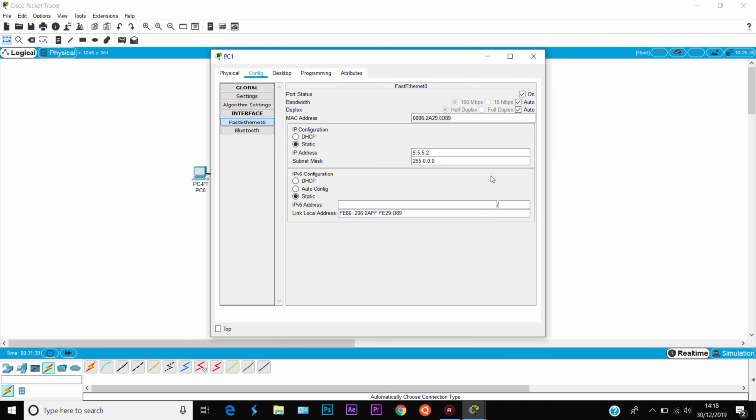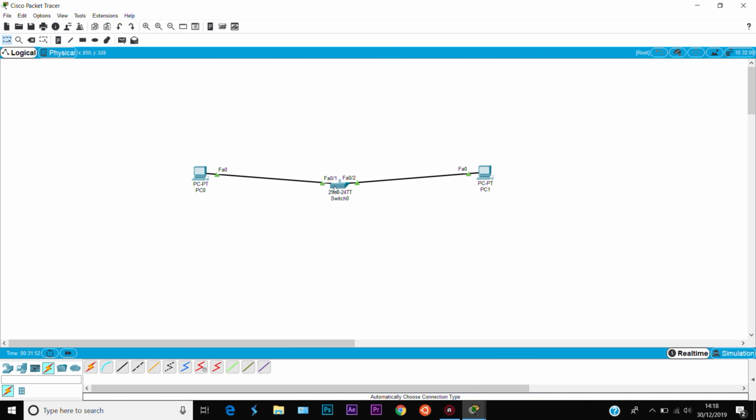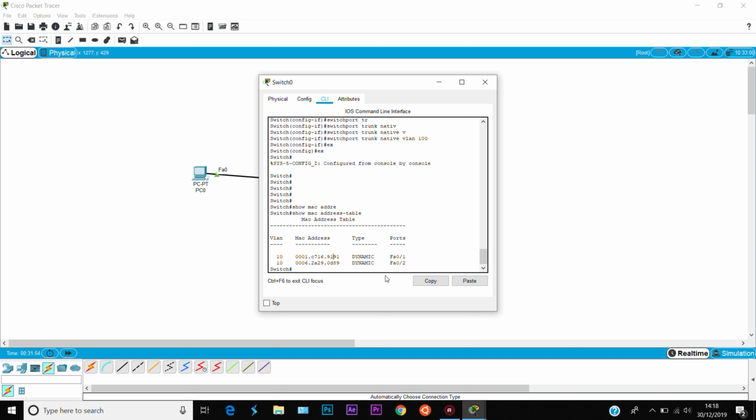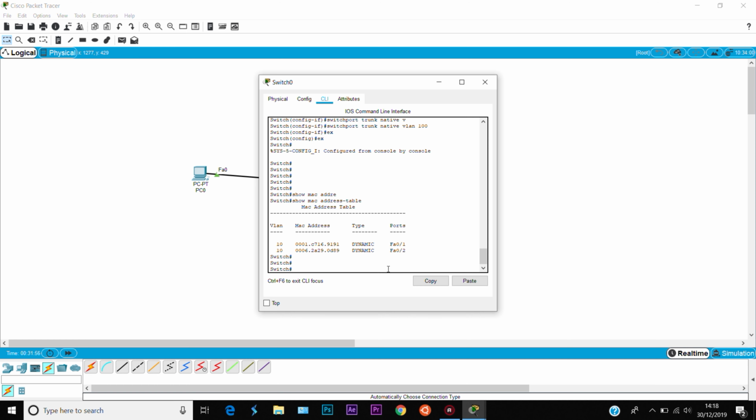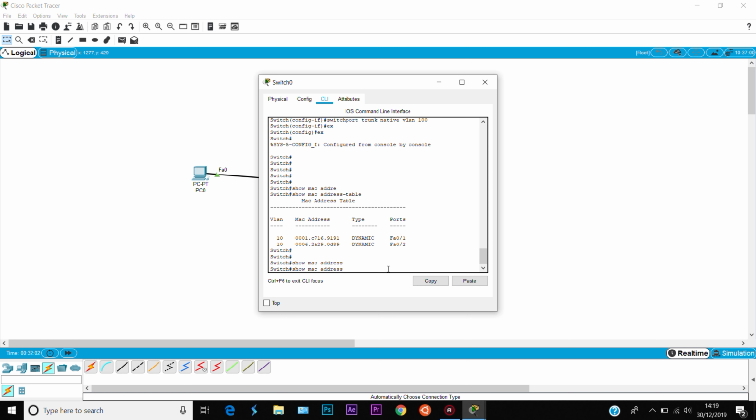Now, let me quickly change PC1's MAC address to, let's just say, 129.129.129. It works. So now, if I go here and type show MAC address table,